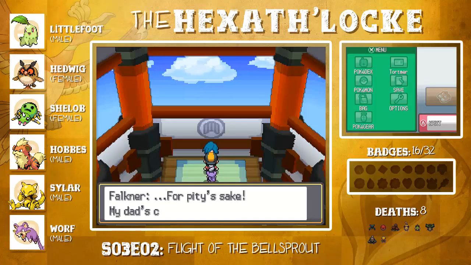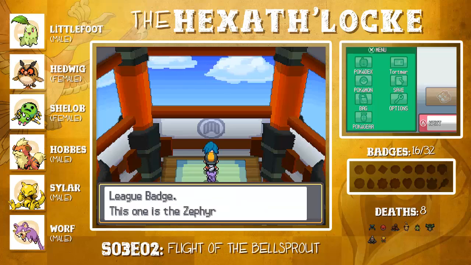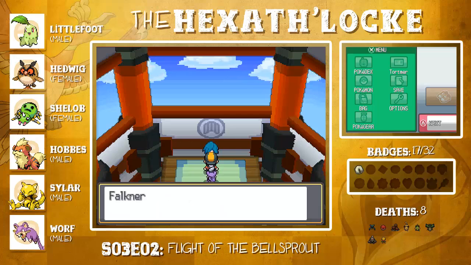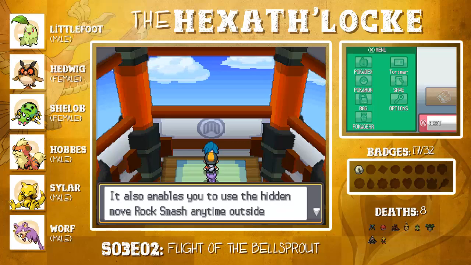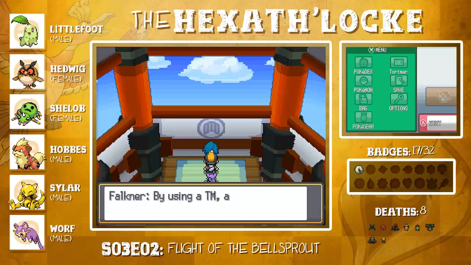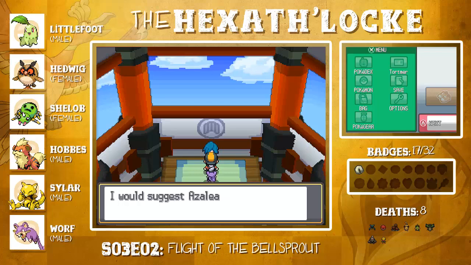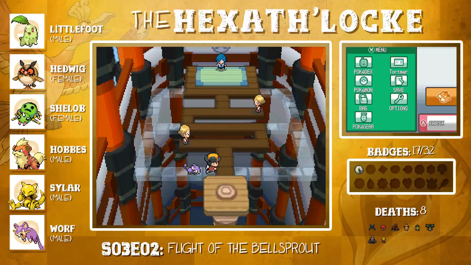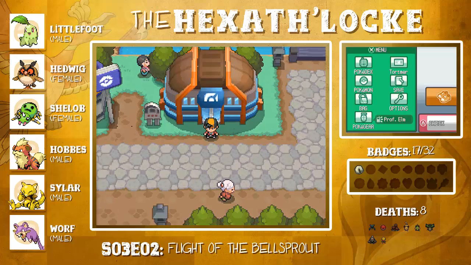What do you know? Having to actually think strategically in the Hexathlocke. Normally we just power through these things. I think that some of you guys are going to really like this season better than previous seasons. We could use Rock Smash. We get TM51, which is I believe Roost, so that'll be useful. Yeah. So I think that some of you guys have felt that the Hexathlocke's been a kind of easy mode last season, and I think that, you know, we've obviously talked about this. I don't disagree with that. I think that, you know, taking Chikorita...